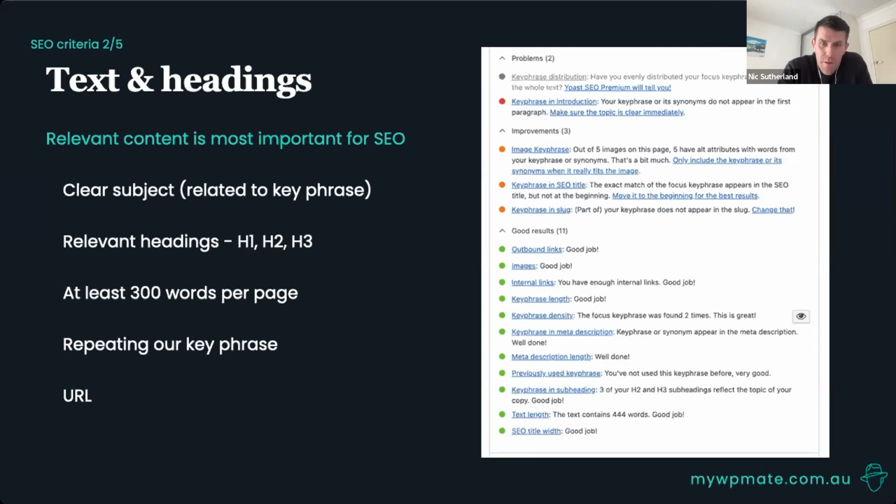The content itself must be relevant to your target phrase. There must be relevant headings, and those headings must use some HTML criteria. These are the H1, H2, H3 HTML tags that really help the search engine dial in and know that the subject matter is actually relevant throughout the whole page and correct to this search phrase.